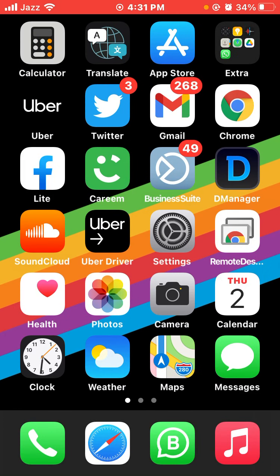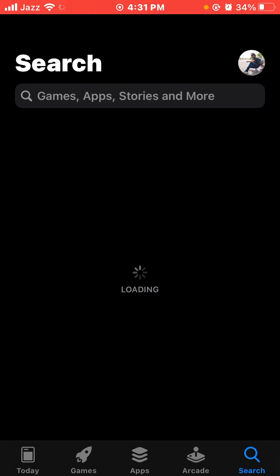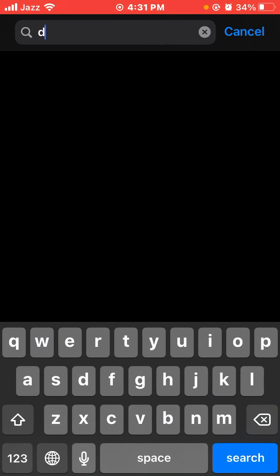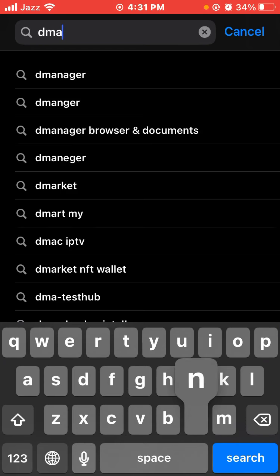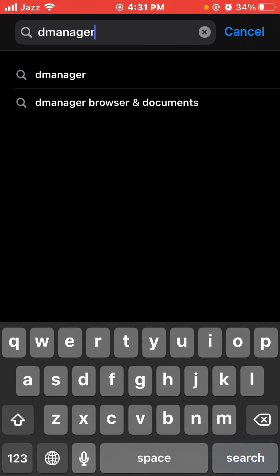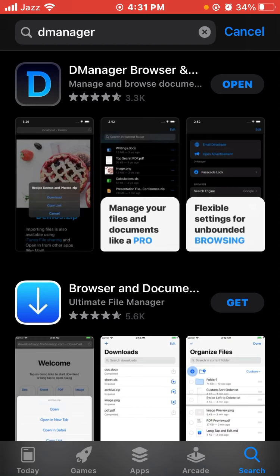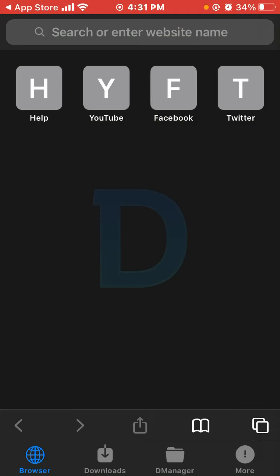First, open your App Store and find, search D Manager. And install the first app. I've already installed this app and open. Now